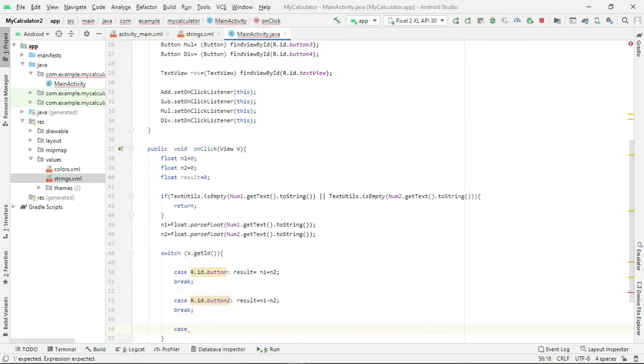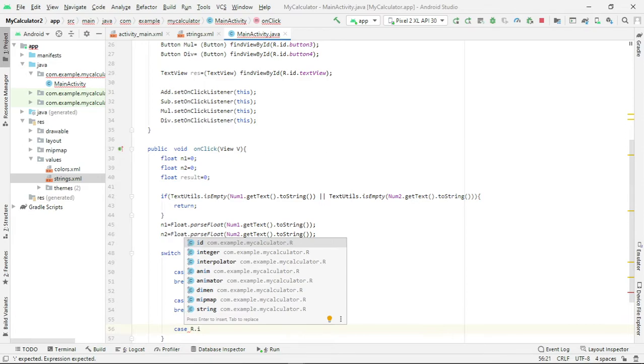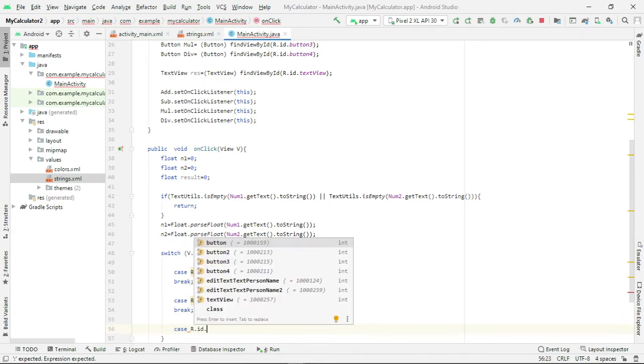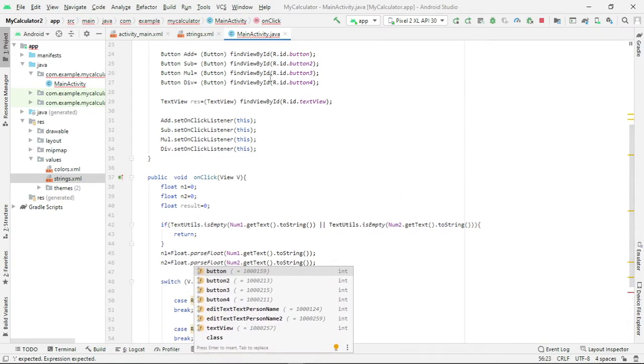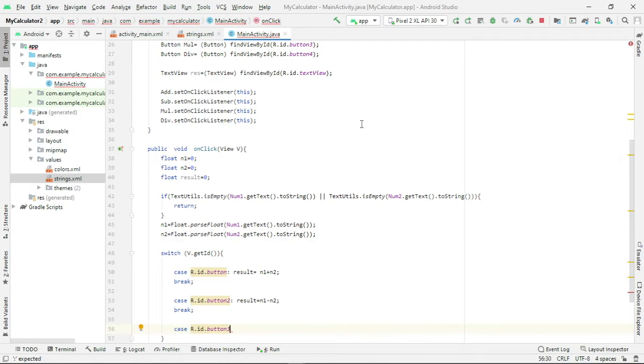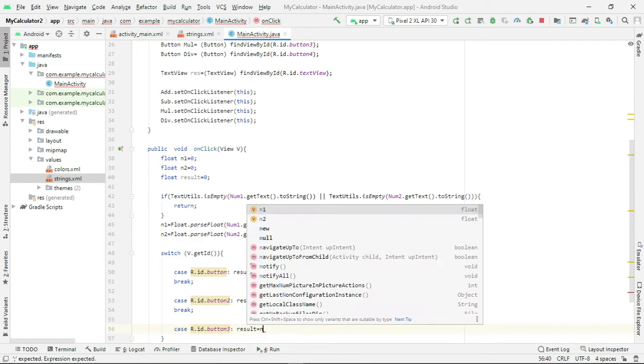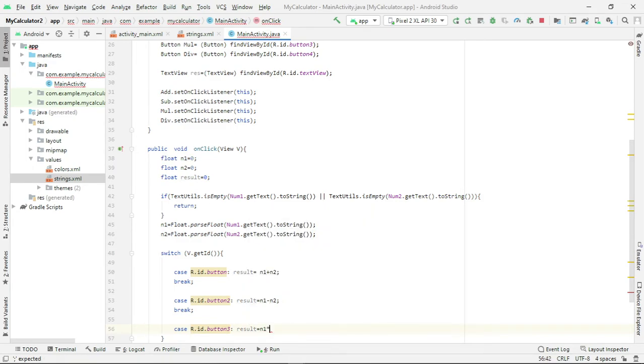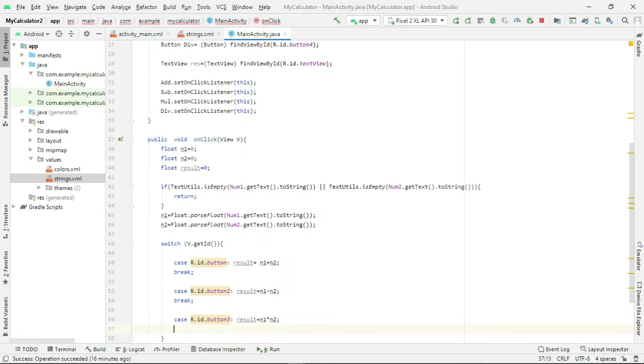Case r dot id dot. To perform a multiplication, id is button 3. Result equals n1 into n2, break.